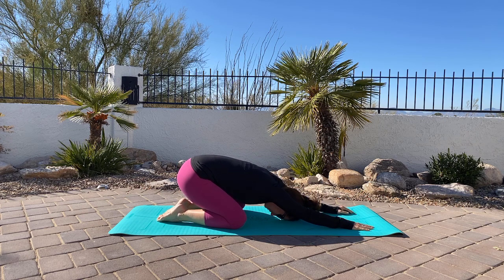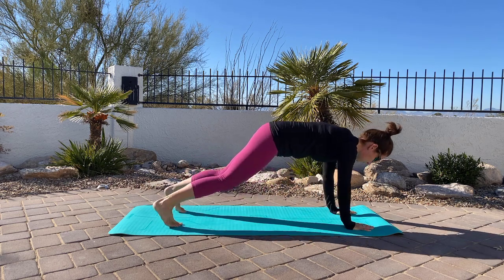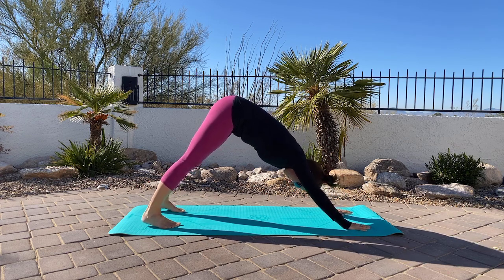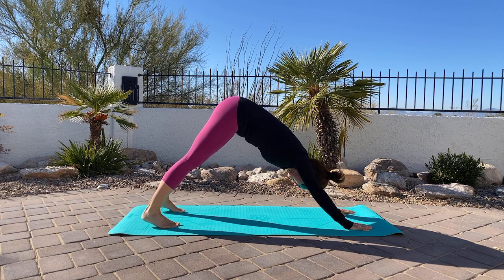Relaxing that forehead down. You may notice that you may be able to get your arms down just a little bit lower. And 1 more time into plank. And then into downward dog. Pushing your head through the arms, extending those arms. Putting pressure on your fingertips. Oh, elongating that spine, hips go up, engage the quads, hold that stretch. If you do anything as a runner, even a cyclist, endurance athlete, this is one of the most fantastic stretches